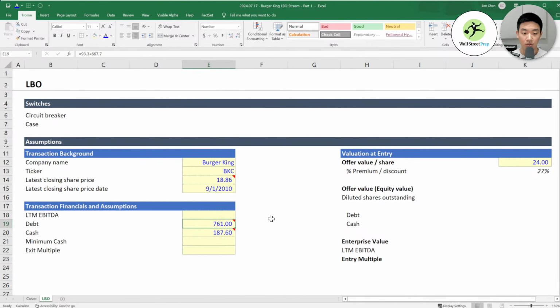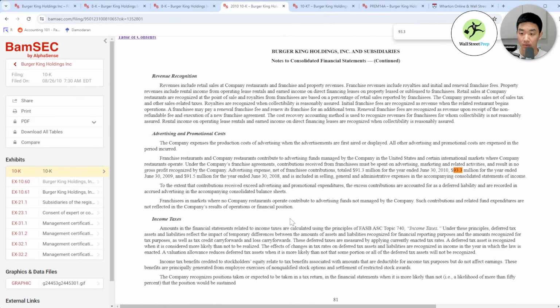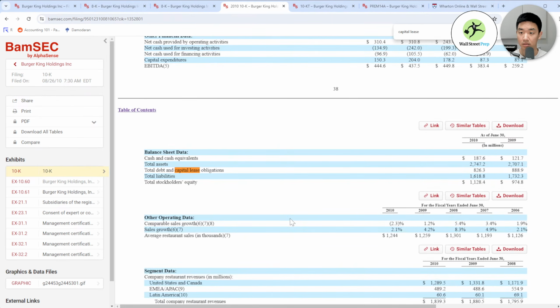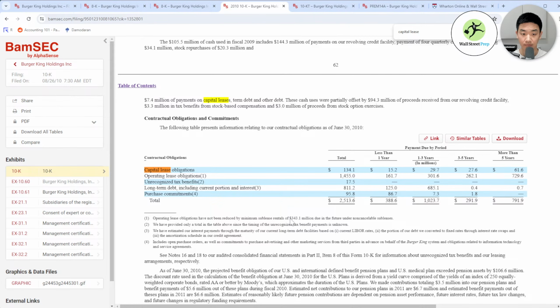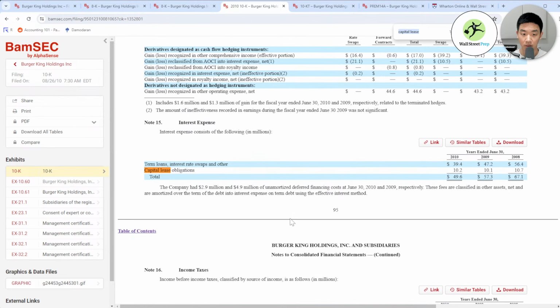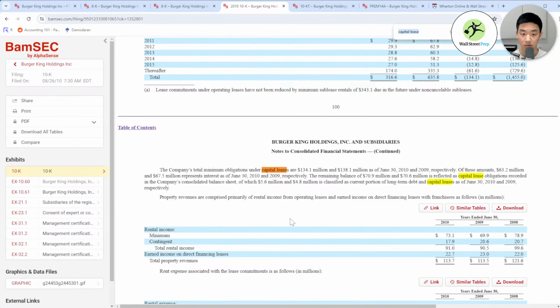Okay, so let's find the current portion of capital leases that we need to take out. So to do that, maybe I'll look up 93.3. Nope, capital lease. We're looking for the current portion of capital leases.